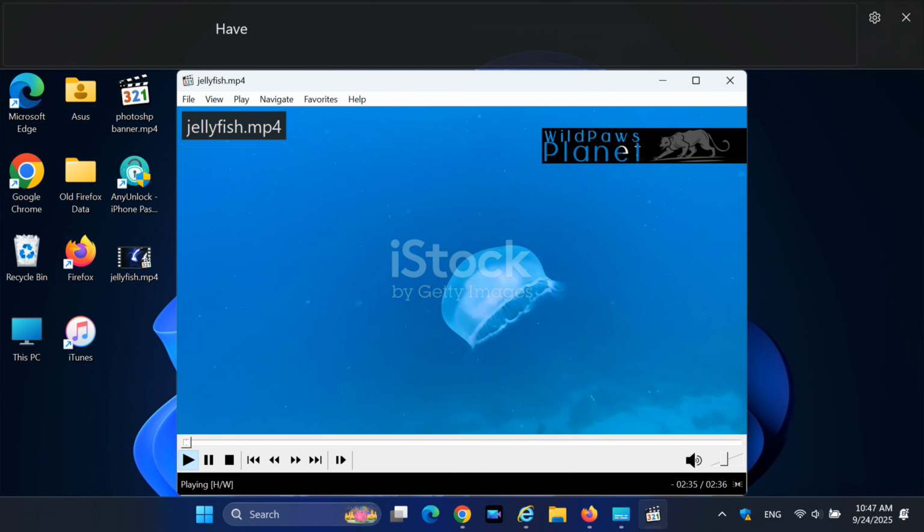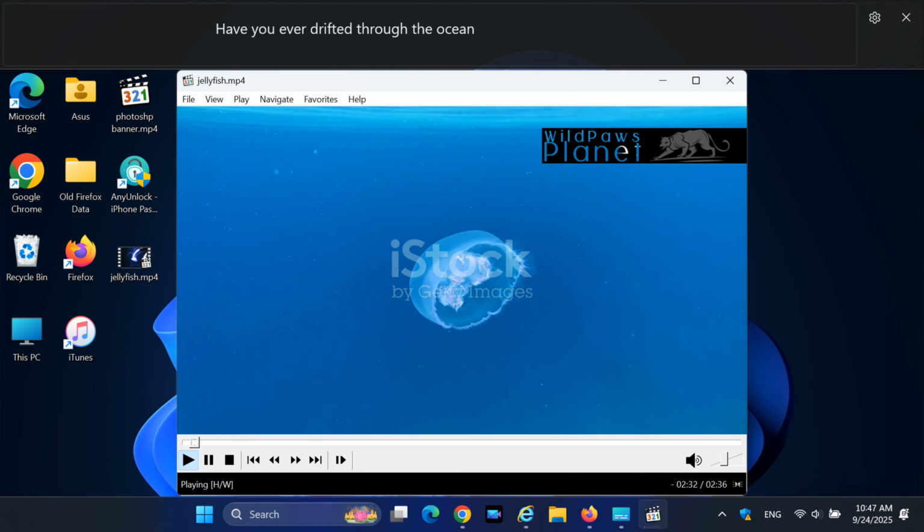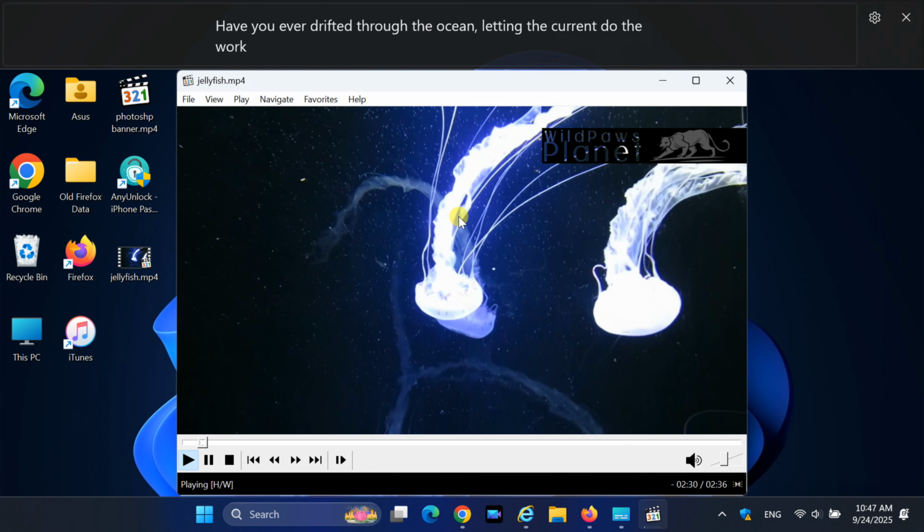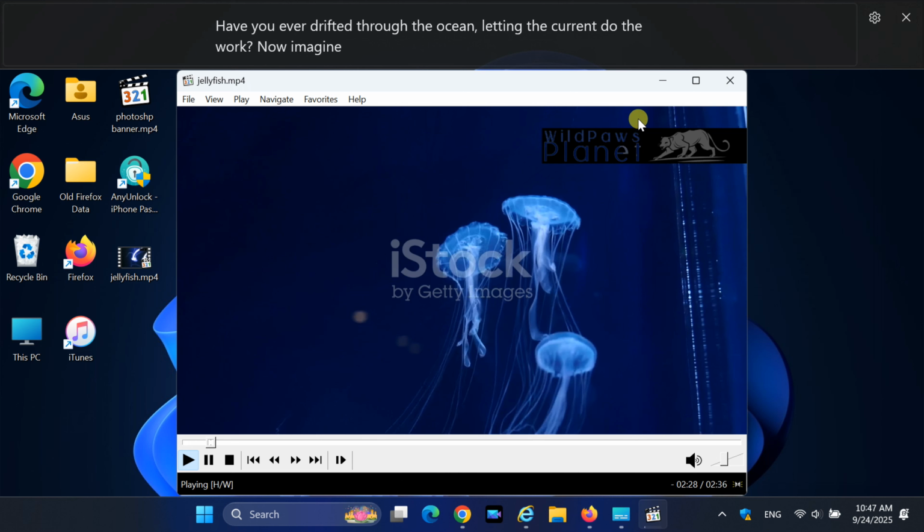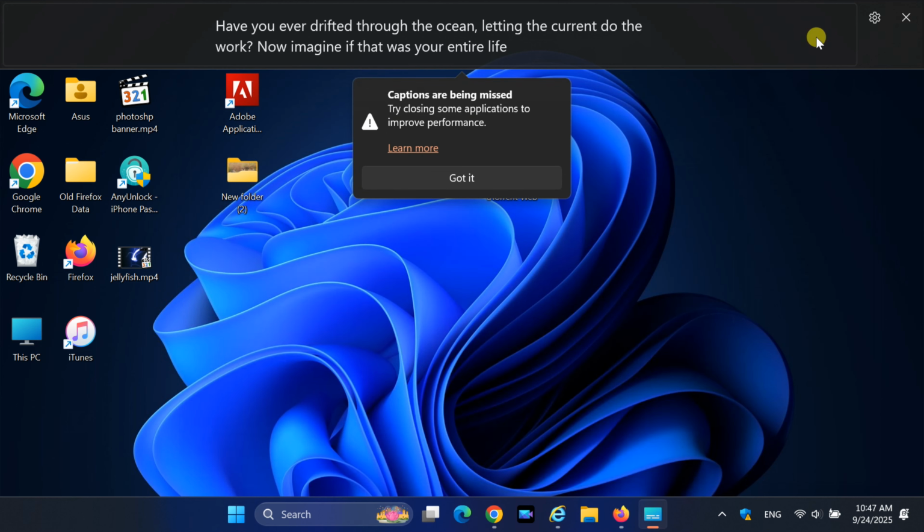Have you ever drifted through the ocean letting the current do the work? Now imagine if that was your entire life. That's the story of the jellyfish. Jellyfish